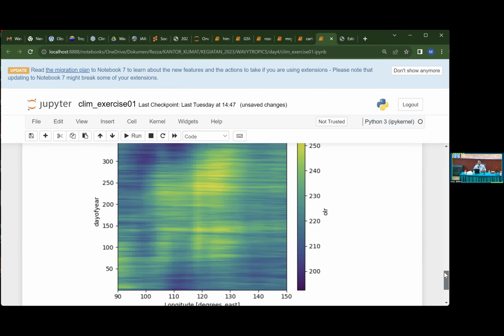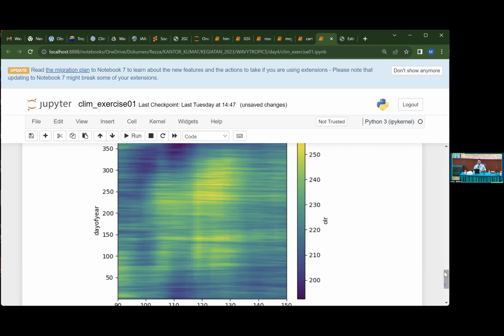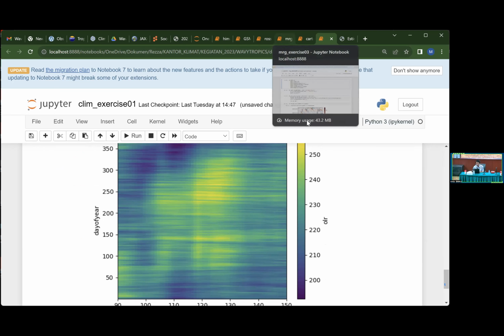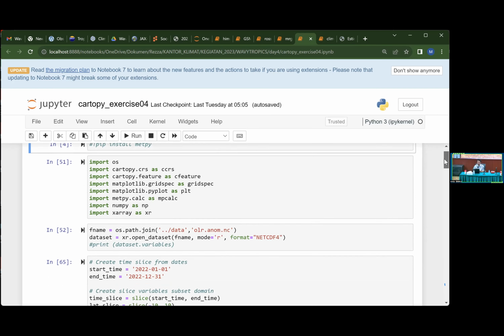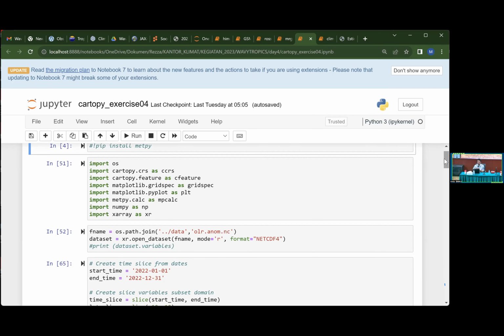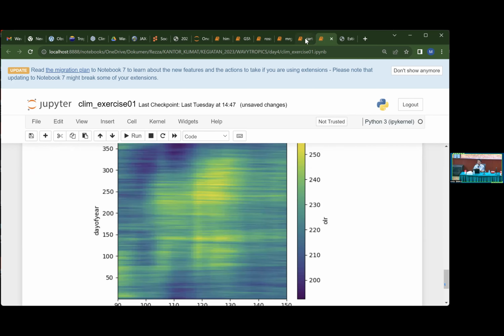So this is the climatology value. So maybe this is not so clear propagation of the signal because of the climatology. So now let's move on to the OLR data, OLR anomaly data. So once we have the OLR raw data and subtract with the climatology of this data, we have a